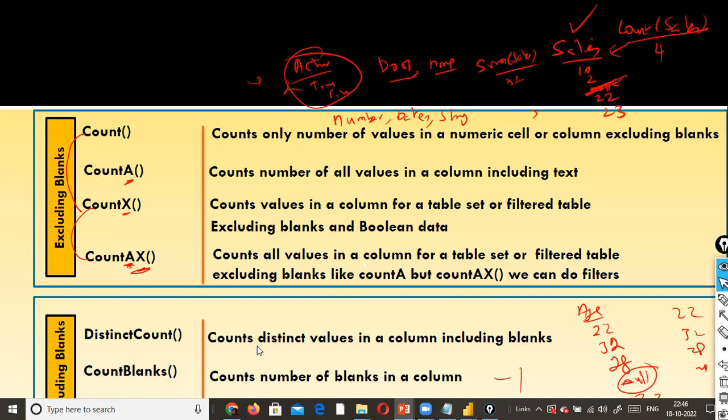But in the case of COUNT and COUNTX, it will not work with the Boolean data type. COUNTA and COUNTAX work with all data types. And the DISTINCTCOUNT, COUNTBLANK, and COUNTROWS, these 3 functions include the blank values. The distinct count gives you the unique values. It takes into account the blank value also. You need to remember this. And COUNTBLANK counts the number of blanks in a column. How many blank values? It shows only the blank values. The COUNTROWS gives the total number of rows in a table. Very simple, the count family of functions. Next, we will quickly